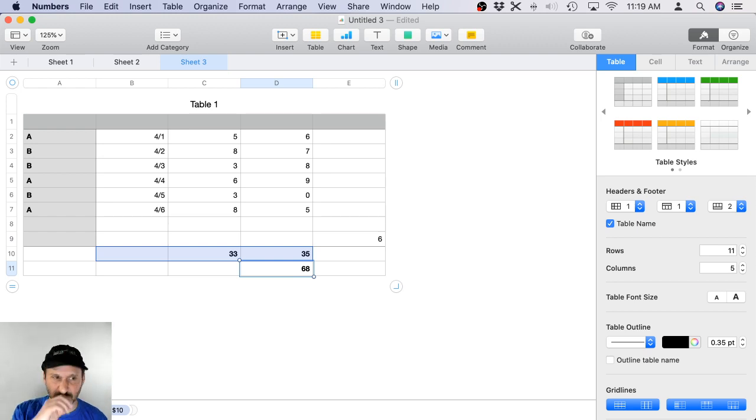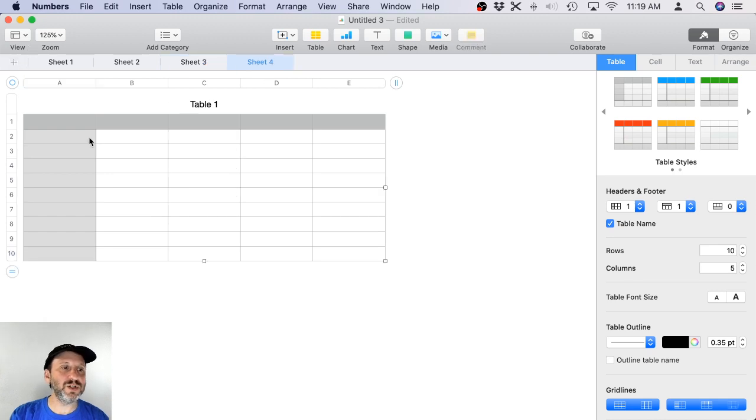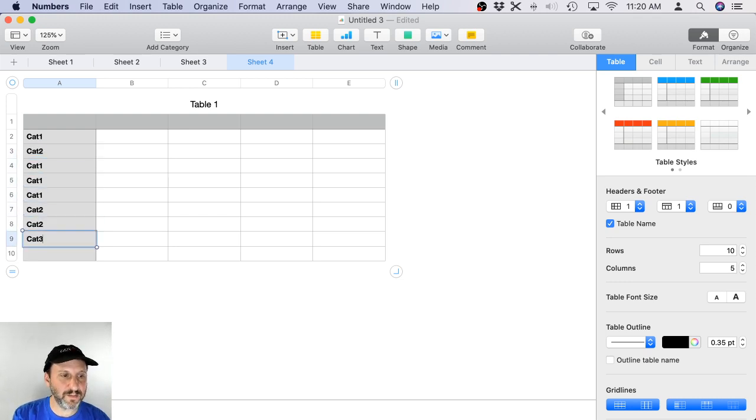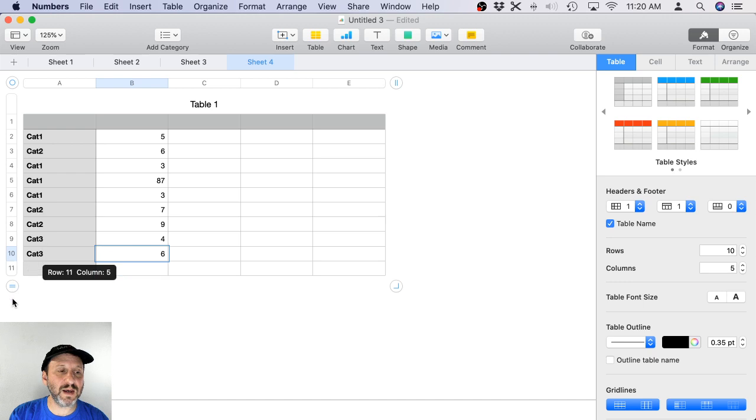Oh, so a subtotal, like from categories. Ah, okay. Well, the way I would do it is, we have these A and B here. Okay, so let me just do a new sheet here. So let's say I've got categories. I'll do cat 1, have a bunch of those, and cat 2, and a bunch of those, and maybe some cat 3, 2 of those, right? And then you would have,